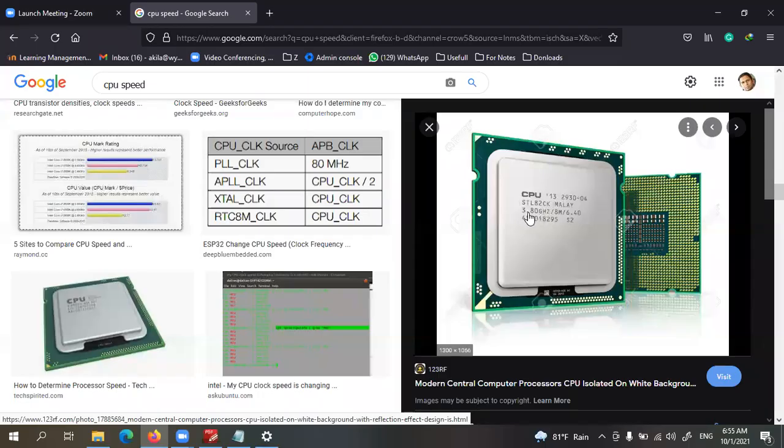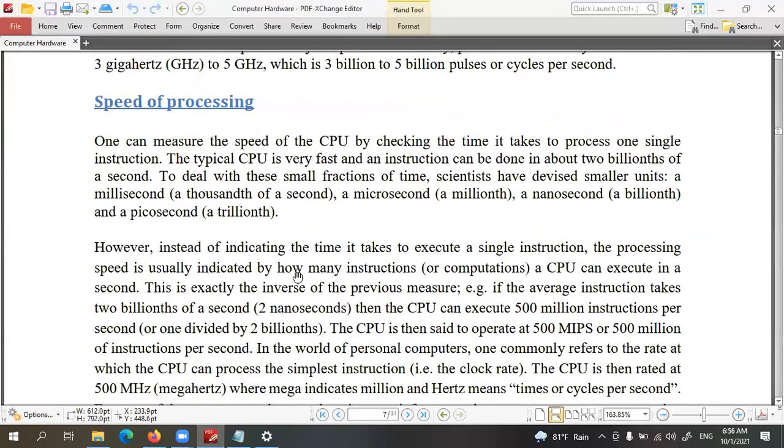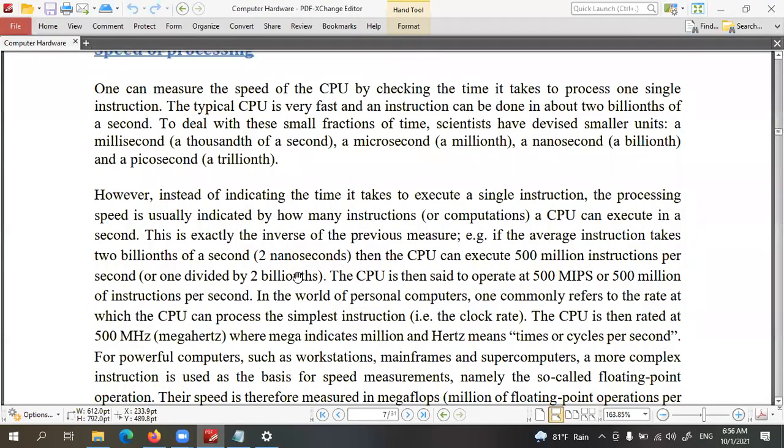You can see 3.8 gigahertz. That's the speed of the CPU. Actually, that is the clock speed, right? So you must consider the speed of the CPU with this value. Right. So speed of processing.